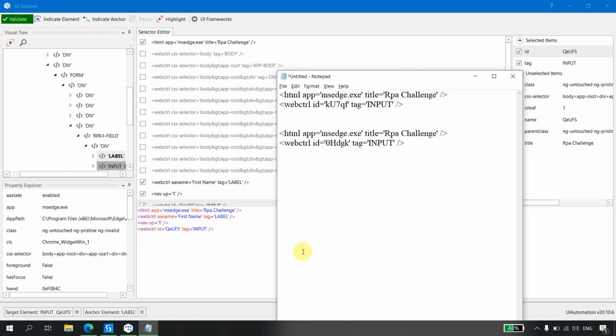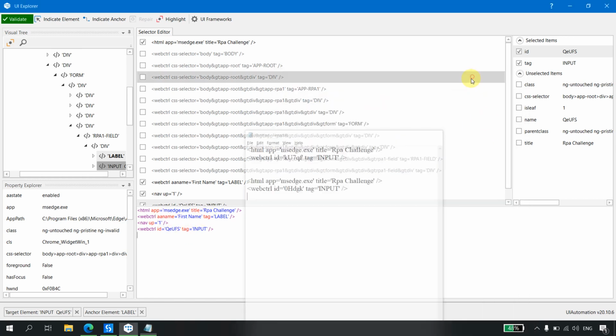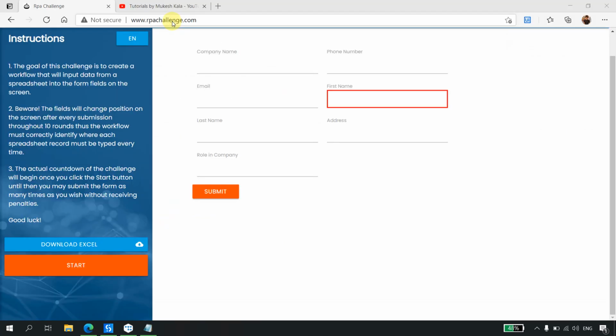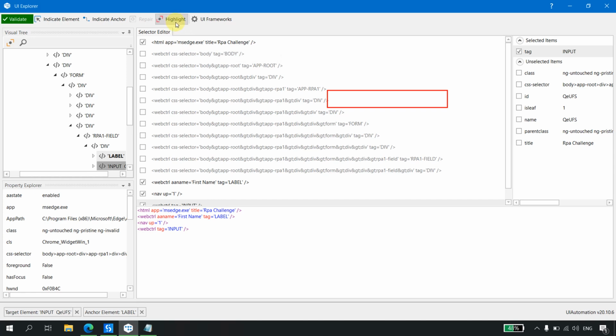So my existing selector was like this. Now UiPath has added something on top of that, that is the additional attribute for the first name and all those things, right? But now recently we have seen that this ID is not stable, right? So I can go here and I will just uncheck this ID from here. Let me click on the validate button to check whether the available selector is valid or not. Okay, so it says it's valid. Let me click on highlight, and it's valid, it is able to identify.